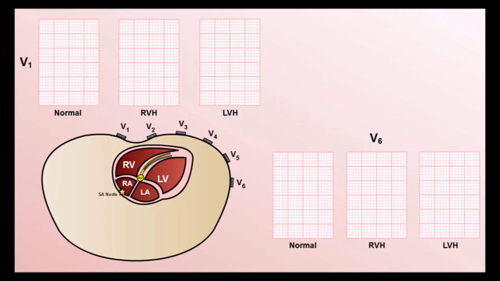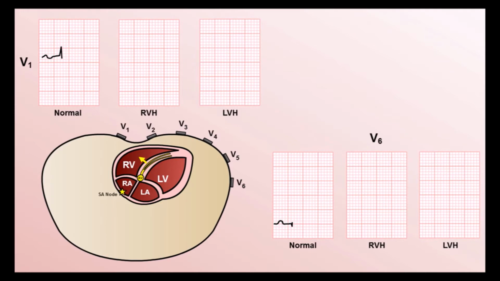In normal hearts, the initial phase of ventricular depolarization is a left to right wave of depolarization across the intraventricular septum. This results in an initial upwards deflection in V1 and an initial downward deflection in V6. This initial downward deflection is sometimes referred to as a physiologic septal Q wave as an acknowledgement to its origin. In reality, the source of this deflection may be more complicated than this, but this simplification is sufficient for understanding